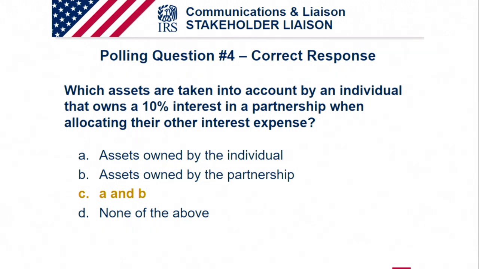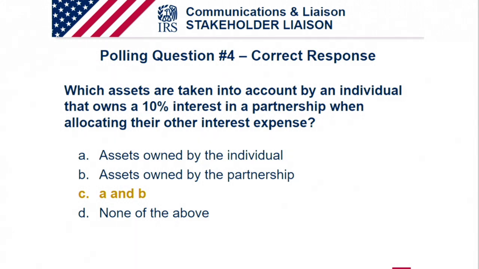The main point that we wanted to emphasize with this webinar is the fact that when an individual who's a partner in a partnership has a flow-through amount of interest expense from a partnership, in terms of determining how to allocate and apportion that interest expense to foreign source income and U.S. source income, the partner cannot simply look to its own assets aside from its partnership interest. It needs to look through, in most cases, to the partnership's assets,